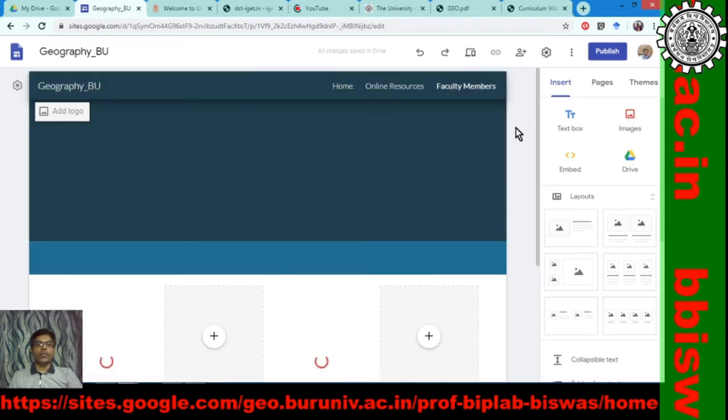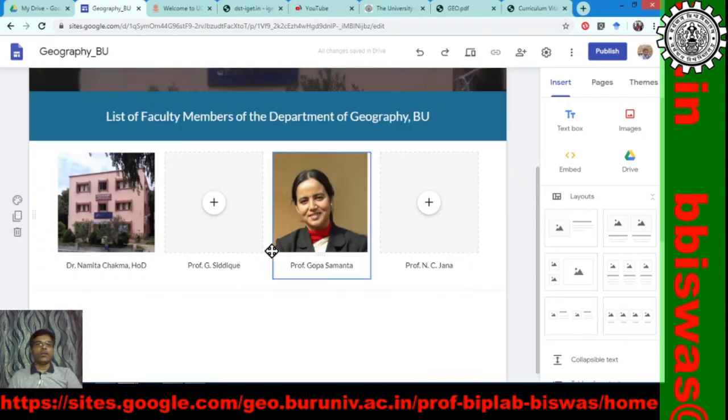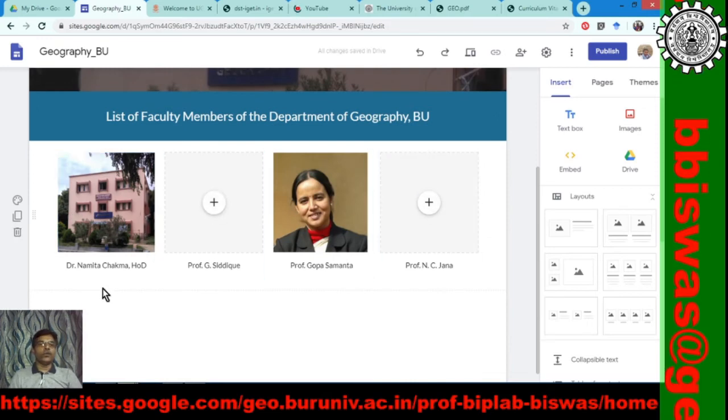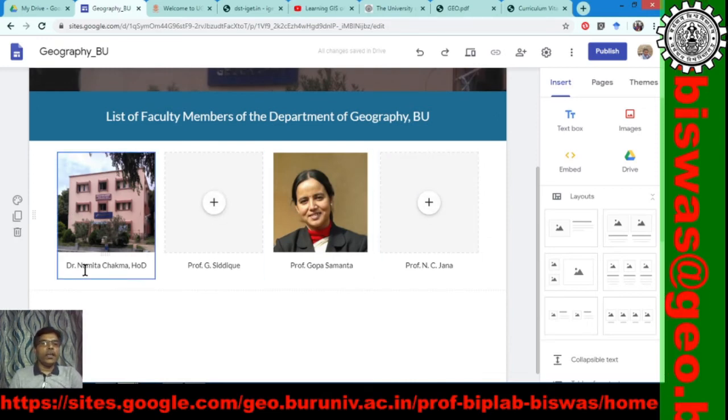So these links are applied, and we can add one more page in this website, faculty members of the Department of Geography. So using this layout I have created only 4, and I find Dr. Nomita Chakma here as HOD, and as her photo is not available with me, I put the Department of Geography's photograph at the background.